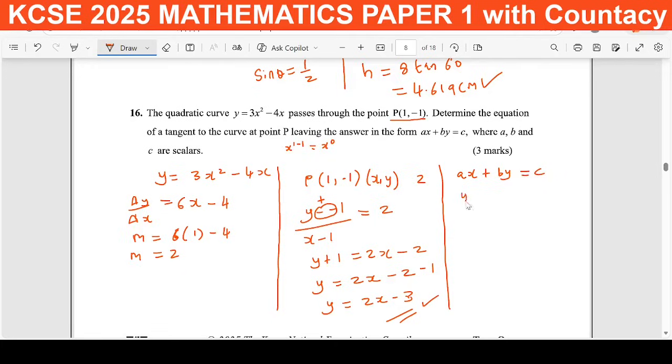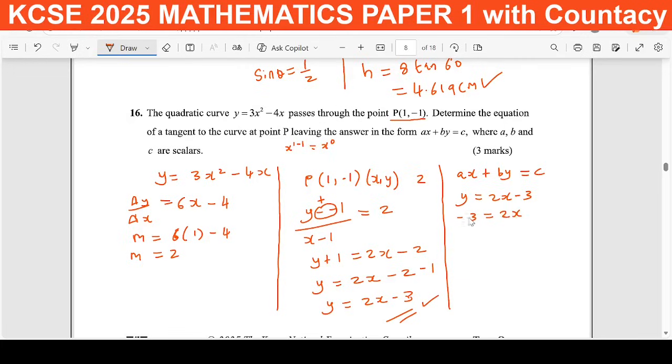What we have here is y is equal to 2x minus 3. To be able to convert it into this format, we need to have this negative 3 on one side and y coming to the other side, such that we are going to have negative 3 is equal to